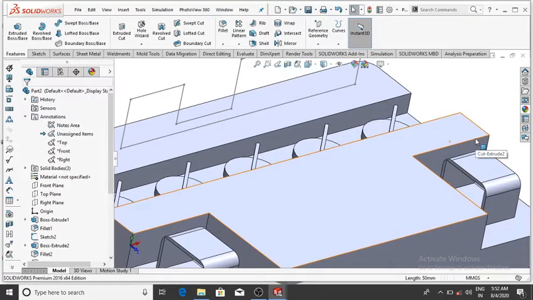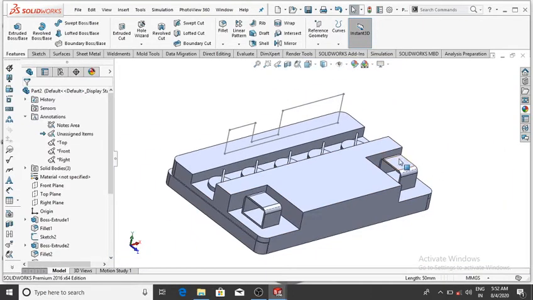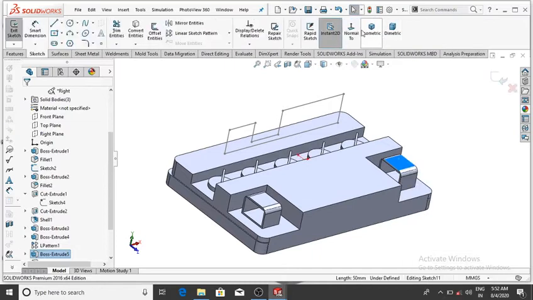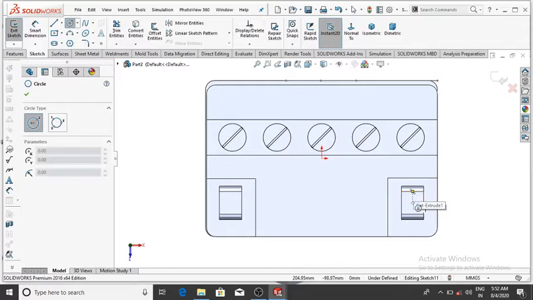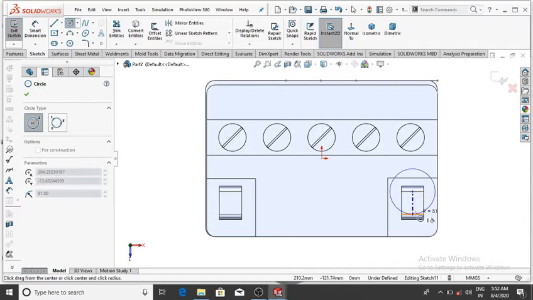Now we make the hole on this face, so select this face, right click sketch, then normal and go to the circle and make the circle up to 20 mm. So simply from this point make the line.